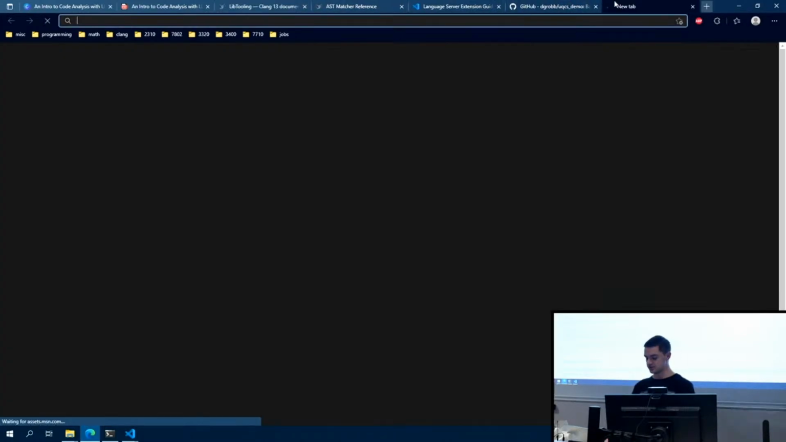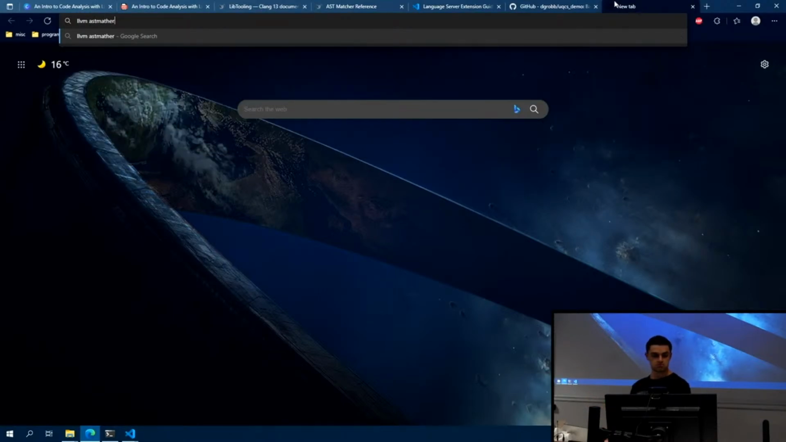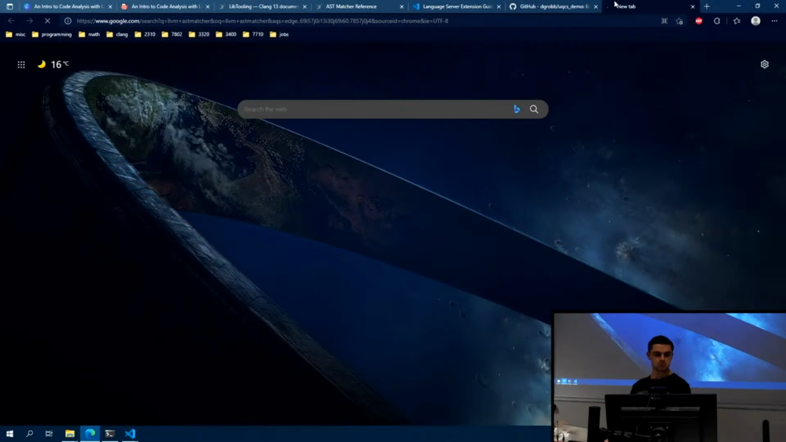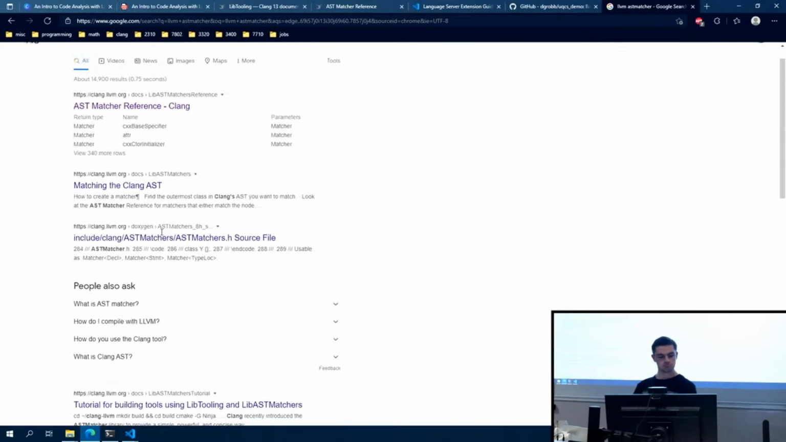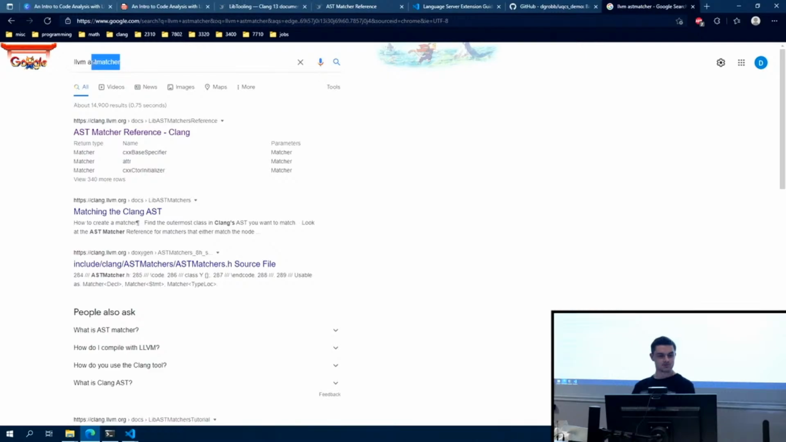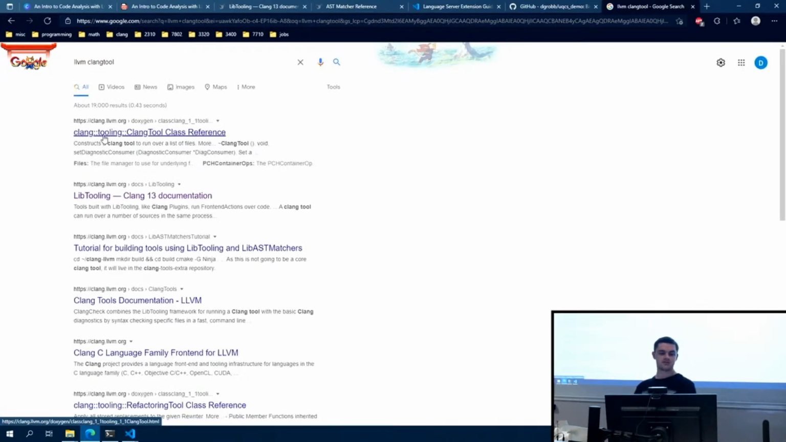For example, if I go and just look for LLVM, let's see what's AST matcher. Let's look for something more... let's see what's eyes. So you can see there are a lot of Doxygen documentation. So Doxygen is